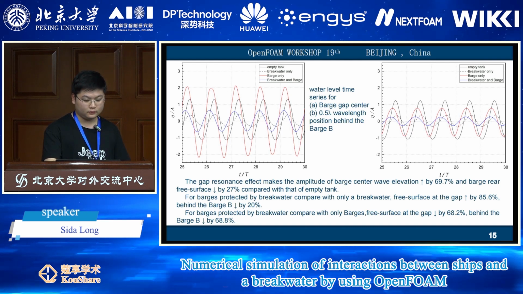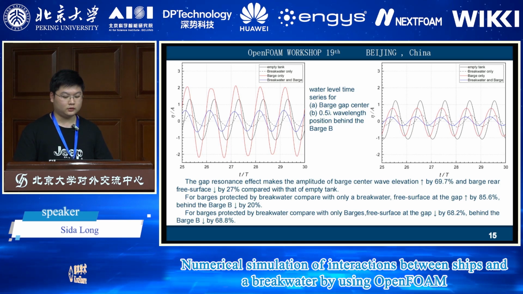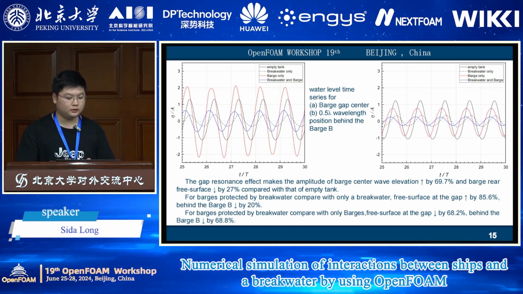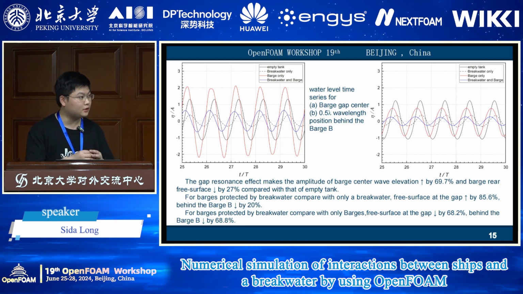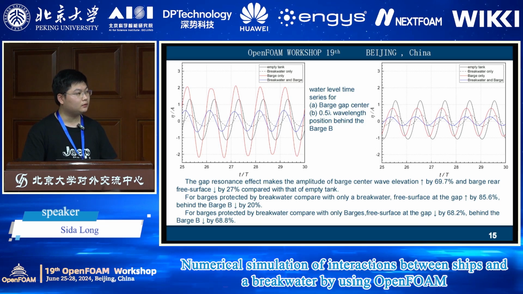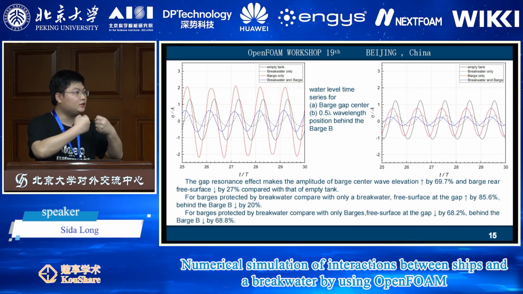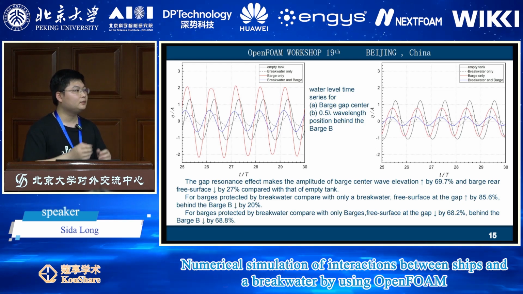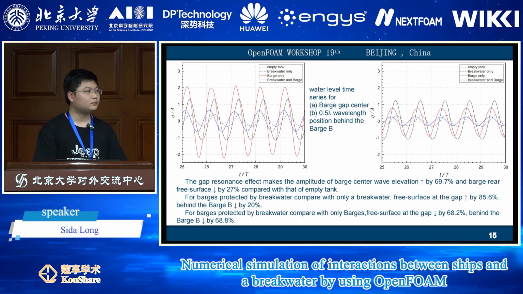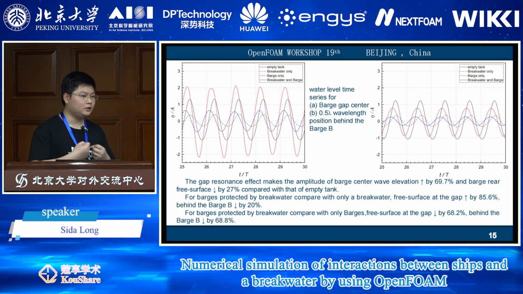Why is that? Barges only, the place is in the wave, the barges is in the barge gap center. So the location of the wave is in front of that. Inside the gap. Inside the gap. So where would the barges? Two barges have